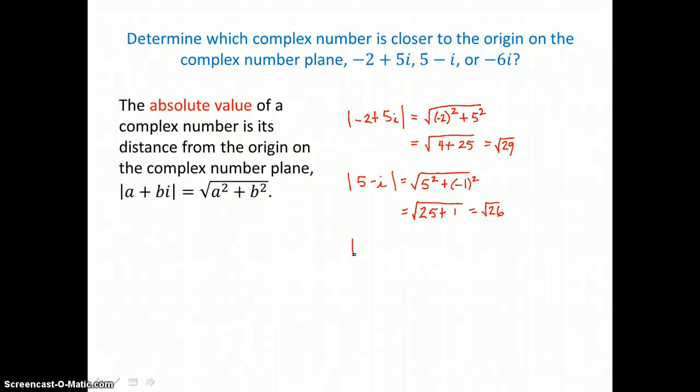Okay, and the last one, the absolute value of negative 6i is the square root of a squared plus b squared. Our a value is 0, and our b value is negative 6. So this time under the radical we have a perfect square. We have 36, and the square root of 36 is 6. So now comparing these